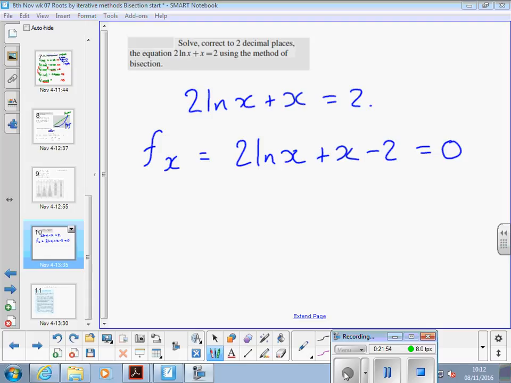Find a first guess. Where did I start in the last problem? I'm not going to do a graph this time. x is equal to 1. f at 1 is 2 times the natural log of 1 plus 1 minus 2 equals